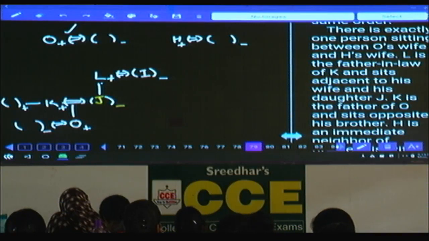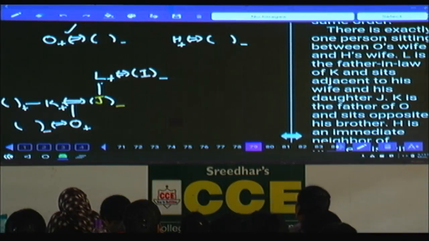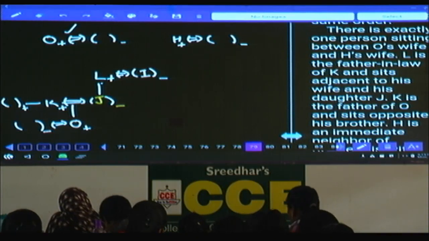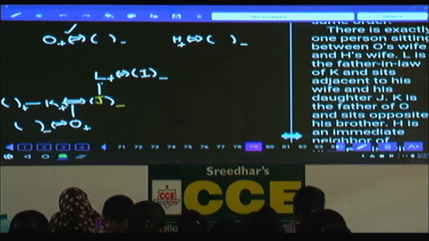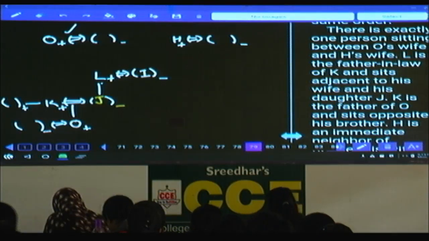Now K's brother. How many couples do we have? Any information regarding this? The number of couples in this family is not given, isn't it? The next one. There is exactly one person between